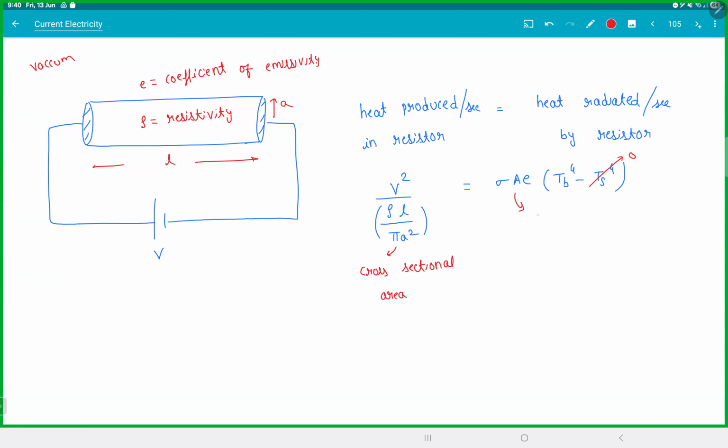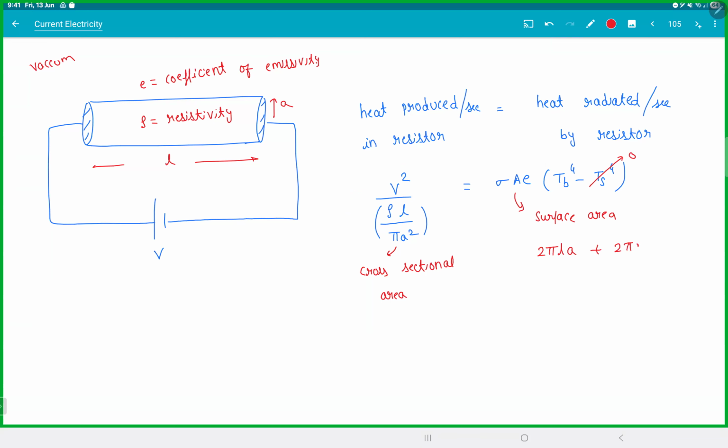What is this area here? This is the surface area. Be careful, don't cancel both the areas. Most people cancel this area and this area. So this A is the surface area, and in the resistor, that is the cross-sectional area. And what is the surface area? This surface area is 2 pi A into L, that is your curved surface area,